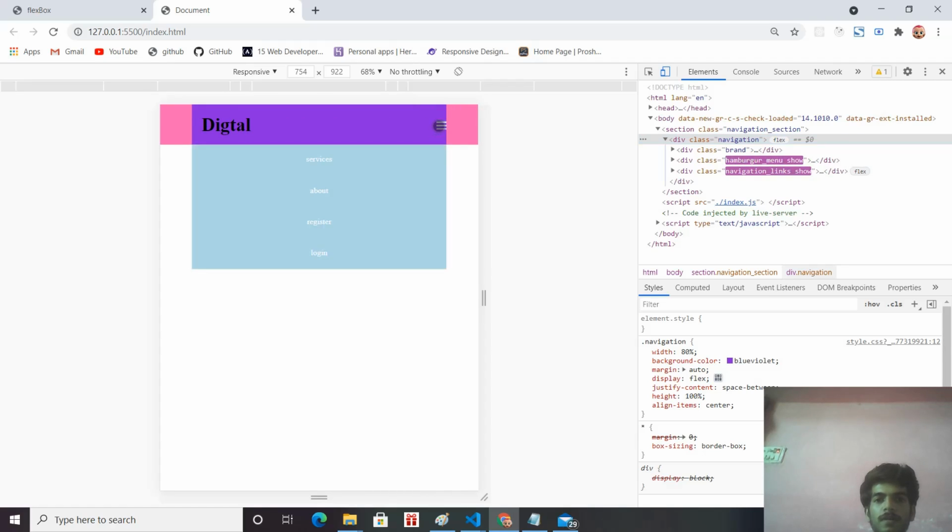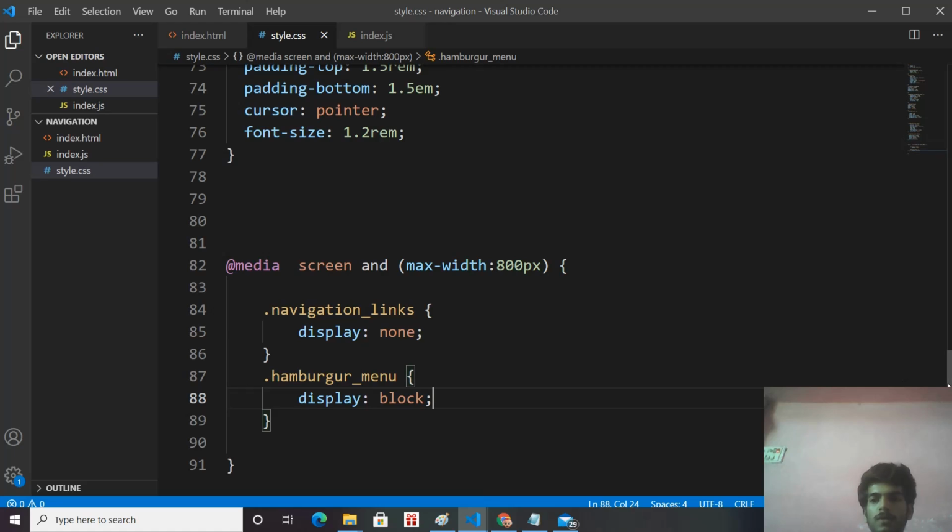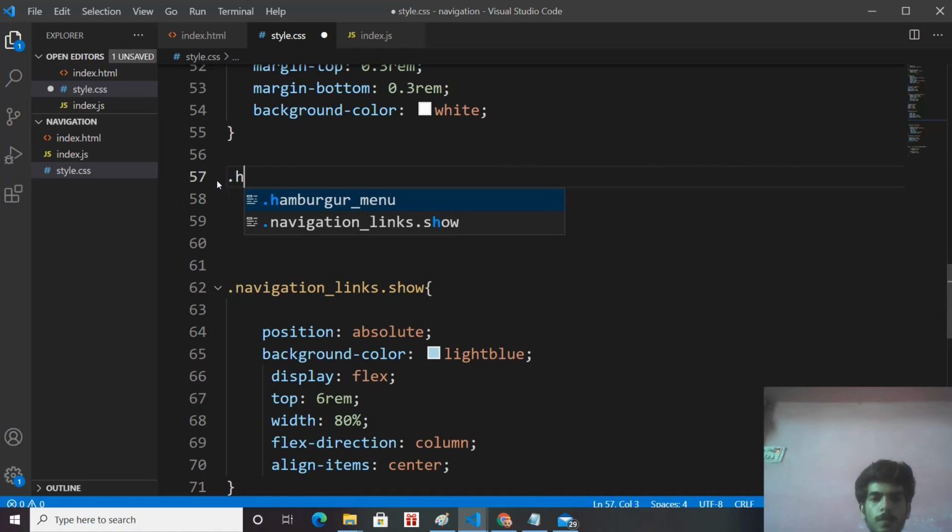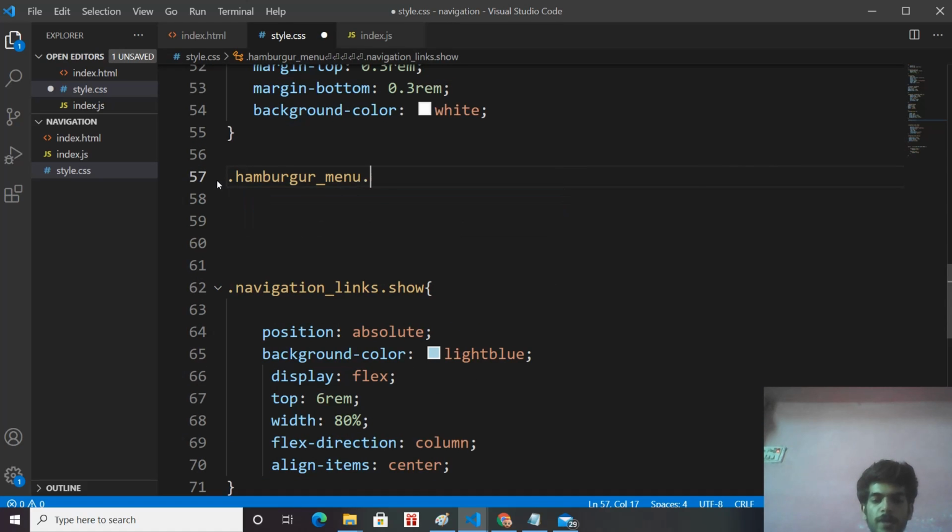So we were working on the close button. When I click on it, it should change to a close button. So what's the logic? When our hamburger menu has a show class, or when we add the show class to our hamburger menu, then its before, meaning we are adding a before element in this div tag, and also an after element in this div tag.